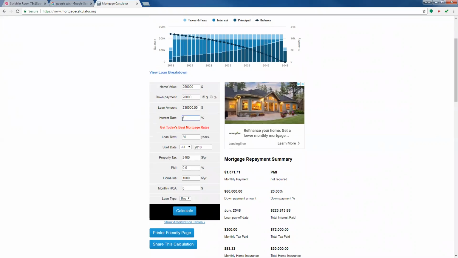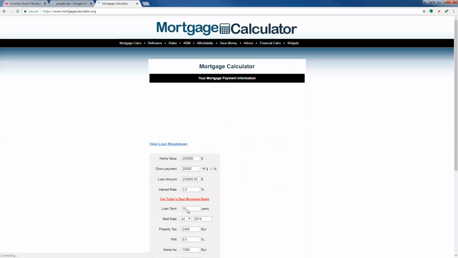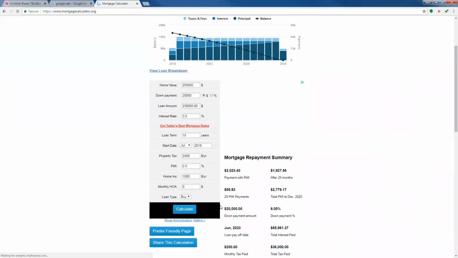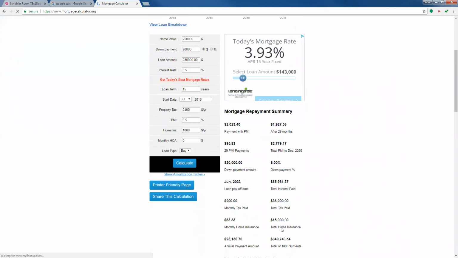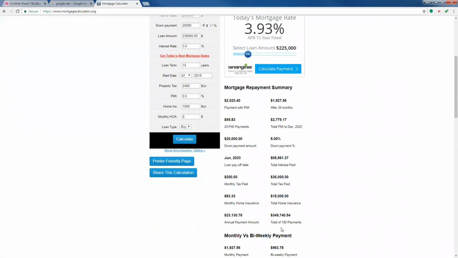Interest rate, they'll just outright tell you. They'll say, you know, it's 3.5%. They'll tell you how many years. Most people, it's 30 or 15 years. And then usually it just says to leave the rest the same. And then you just hit the calculate button. There will be a whole bunch of information on the right that you have to figure out what they're asking for. A lot of times it will ask for total interest paid. So that's one number. You actually pay that amount of extra money.